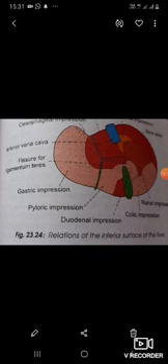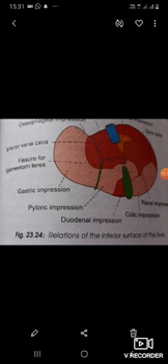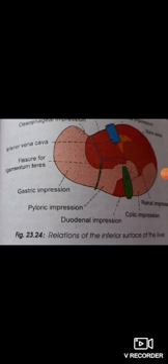Now, venous drainage. Hepatic sinusoids drain into the interlobular veins which join to form sublobular veins. These, in turn, unite to form the hepatic veins which drain directly into the inferior vena cava. The hepatic veins are arranged in two groups, upper and lower. The upper group consists of three large veins, right, left and middle, which emerge through the upper part of the groove for the inferior vena cava and open directly into the vena cava.